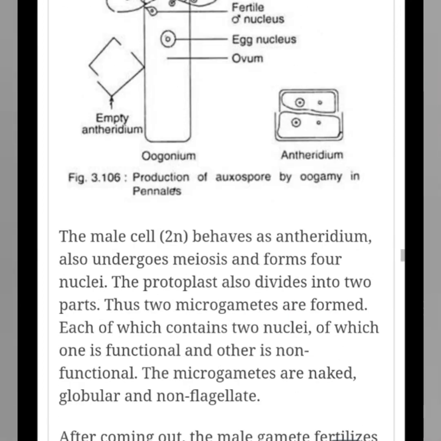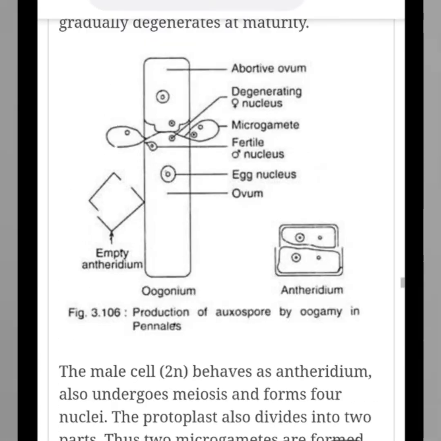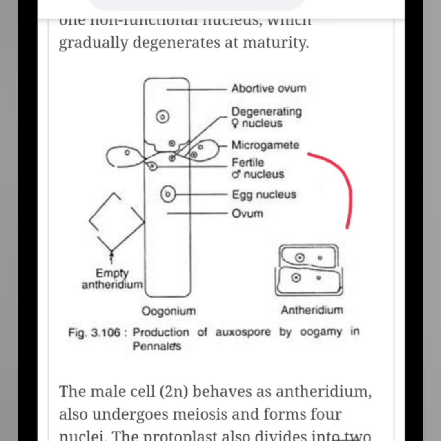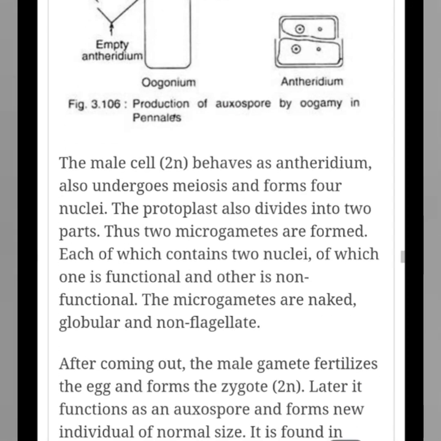All right, so the microgametes are naked, they are globular, and they are also non-flagellate. Non-flagellate meaning they cannot swim, they don't have any flagella. Now after coming out, these male gametes fertilize the egg and form the zygote. So you can see here in the oogonium, these microgametes will come in contact with the female gamete and fertilize it to form the zygote,